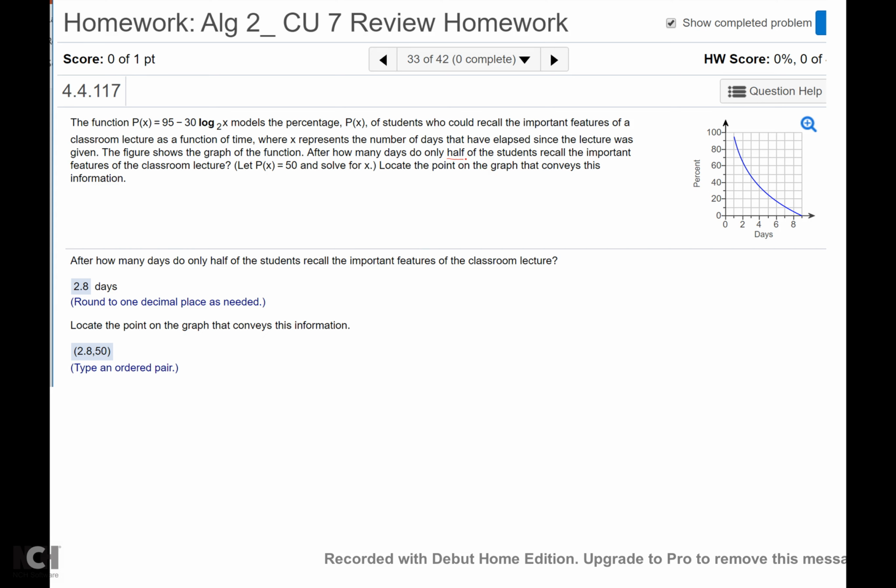After how many days do only half? Oh, okay, so that's why they're changing x to 50. However many kids there are, okay, only half of the students. I'm not really sure where they're getting 50 from, unless they're doing like 50%. But x,